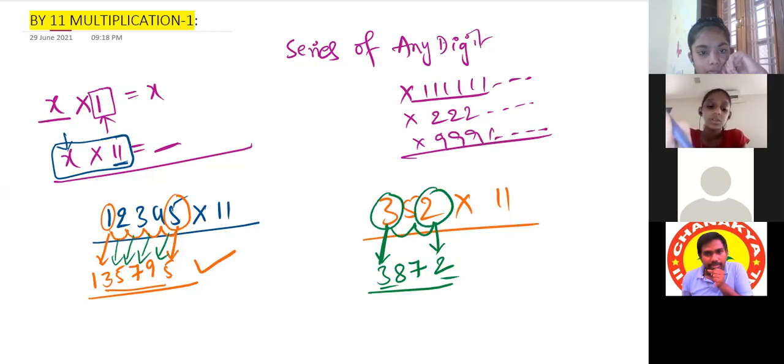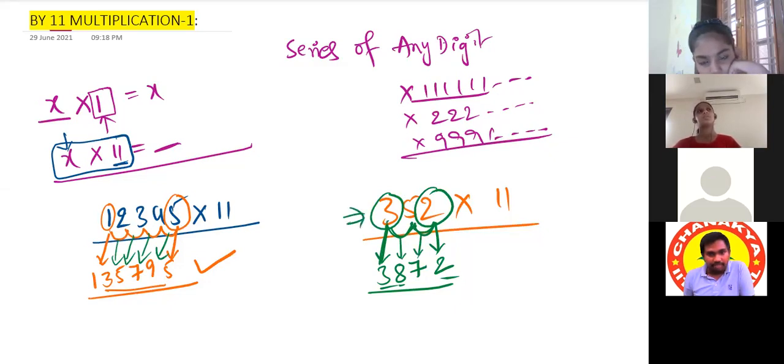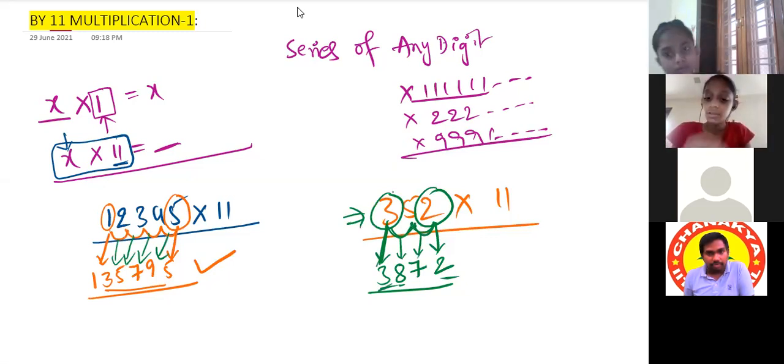Okay. Next, how you got this 8? 3 plus 5. I was clear with that. Then 5 plus 2, this is 7. Why did you add it with 7? So that was not a part of the procedure, right? So here we have added the digits only. In the given number, 3, we have to take it as it is. So don't leave 3 here. Take 3 also along with 5 in the next case. After taking 3 itself, later we have to take 3 plus 5, 8.